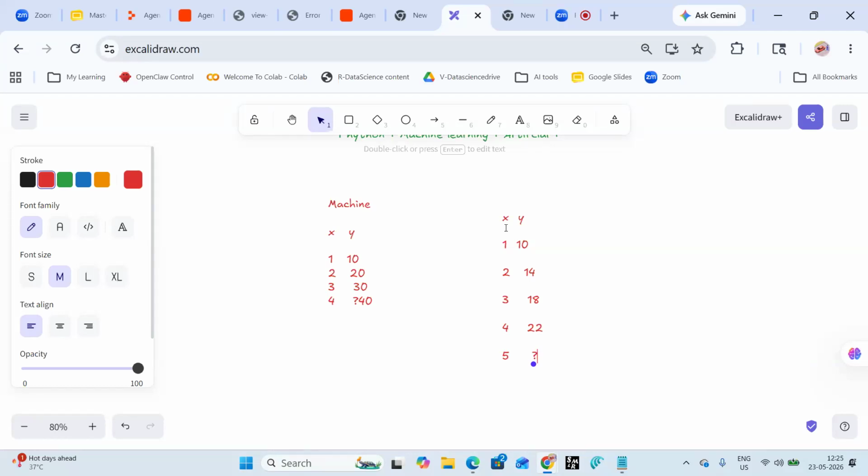How did we get 26 for x as 5? Because the difference of every value is 4. That's why when x is 5, it is 26. Good. But that is only with our naked eye.